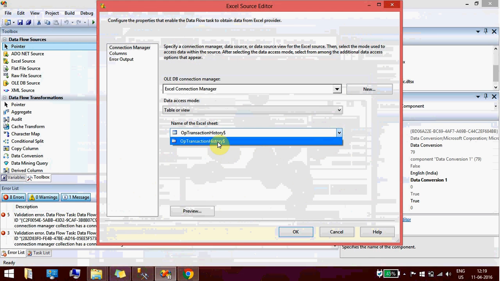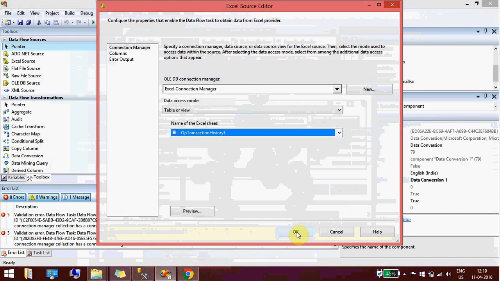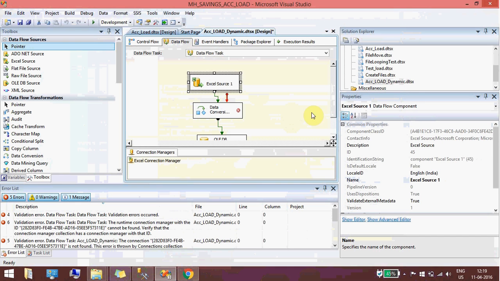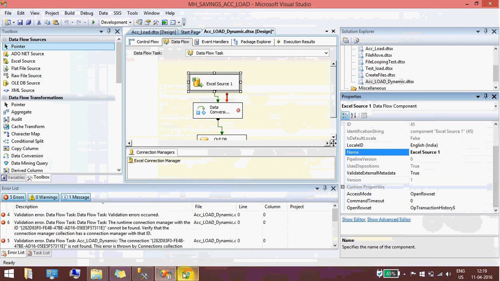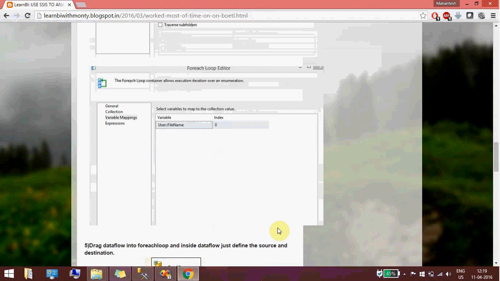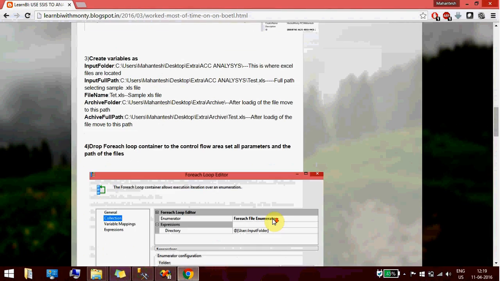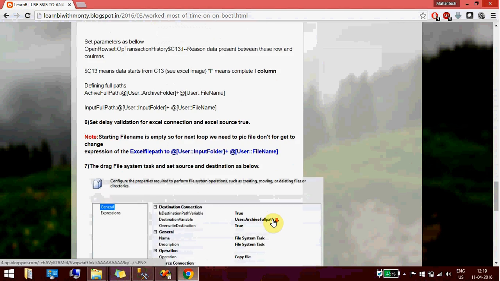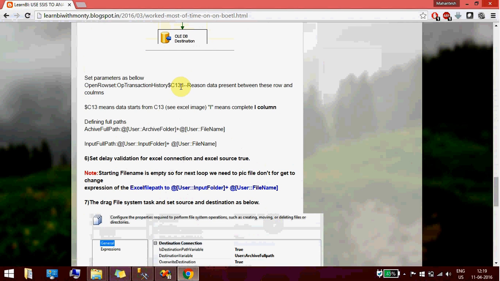So you are selecting this, hit OK, and you need to define this, right? Because our data is there in only C13 to I, right? So I'm just copying this.